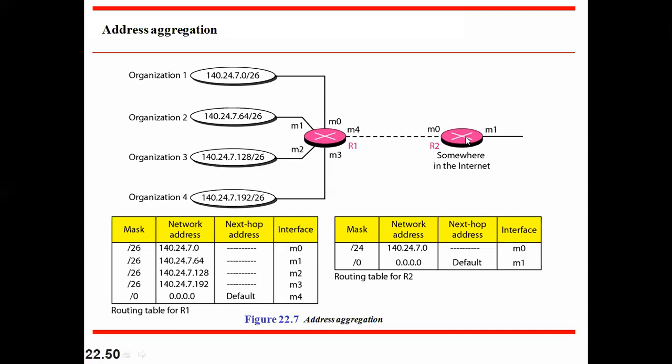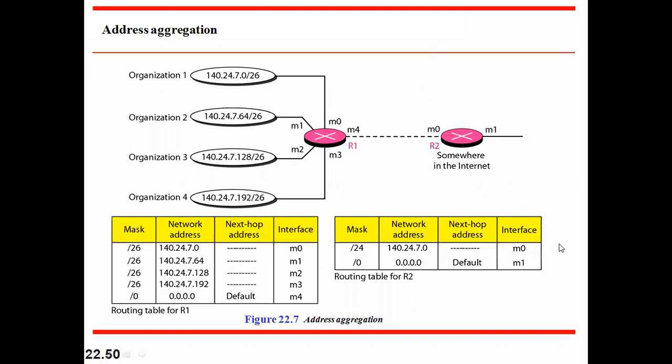So this R2 is connected somewhere into the network, and this R2 has two entries. Whenever a packet is received by this R2, the router consults the routing table, and accordingly gets the interface number. Then the packet is transferred through the respective port, or you can say the interface.